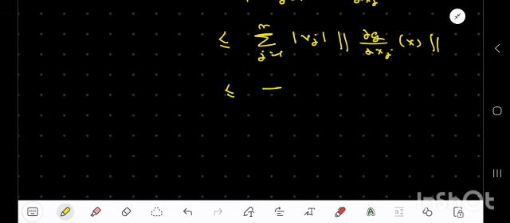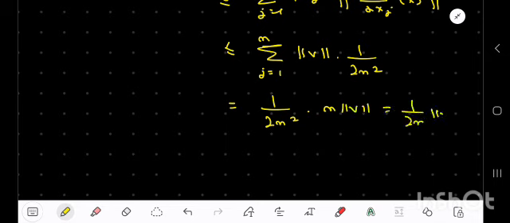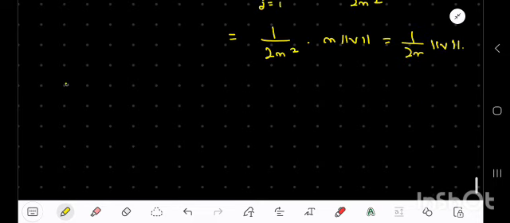So this is in fact less than or equal to the summation over j equals 1 to n of the norm of v times 1 over 2n squared. But none of these depend on j, the index j. So this is nothing but 1 upon 2n squared times n times the norm of v. This is just 1 upon 2n times the norm of v. Fine. Therefore, for all x, y in B(0, R),